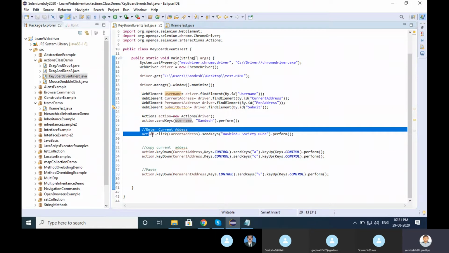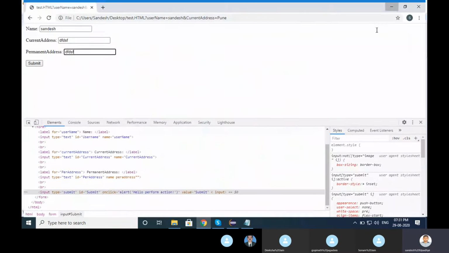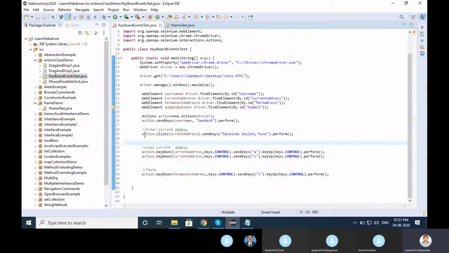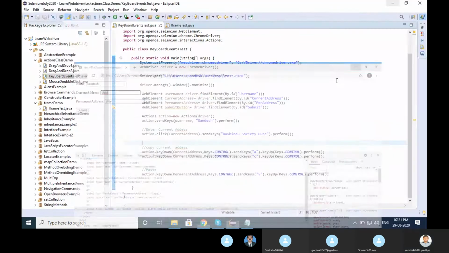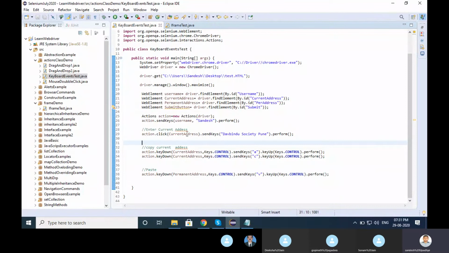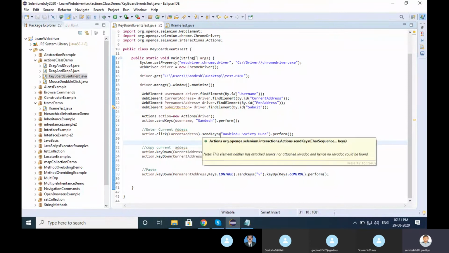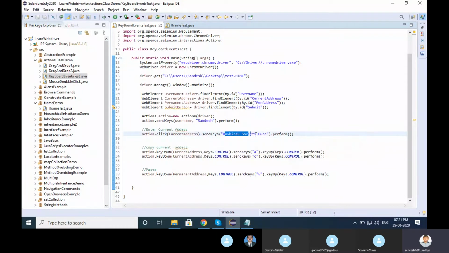Now what I did here in the current address box, I have just the action object name dot click current address, means focus will be clicked over here. Action dot click current address and send key some name, the Windows Society Pune, perform means the operation is done.